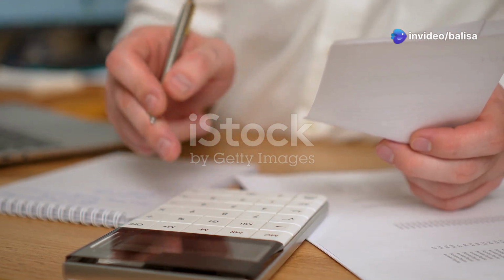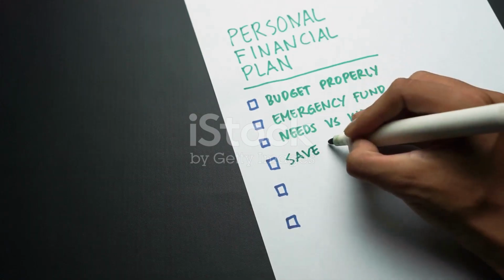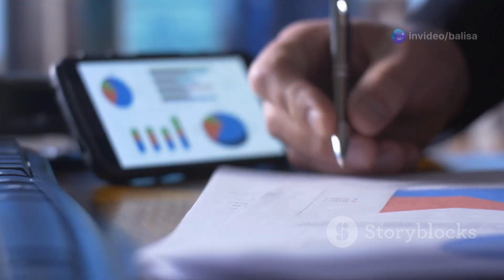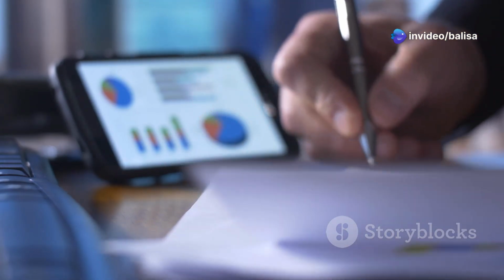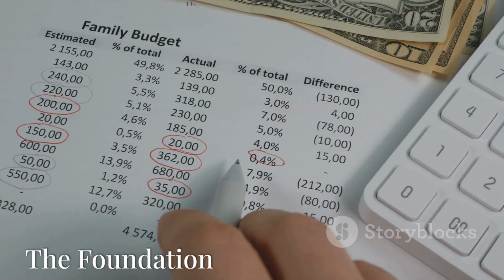Welcome to Financial Freedom. Are you ready to take control of your financial life? It all starts with understanding the 4 pillars of personal finance: income, expenses, assets, and liabilities. By mastering these, you'll gain the clarity needed to build a path to financial freedom. Stick around. This might just change the way you think about money forever.